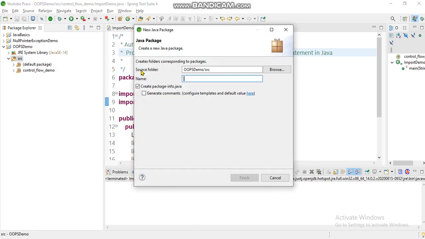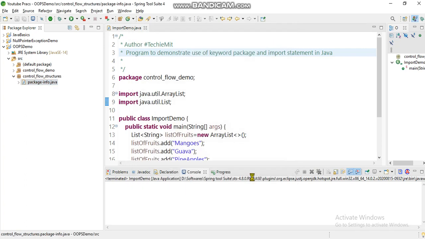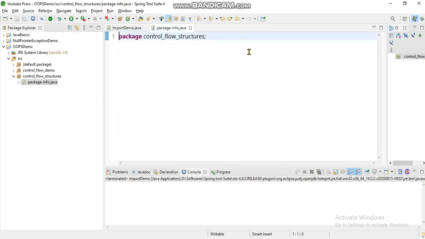Suppose I want to create another package in the oops demo, such as control flow structures. Over here I'm just creating a package of that name specifically. So basically, it creates a default file called package-info.java.